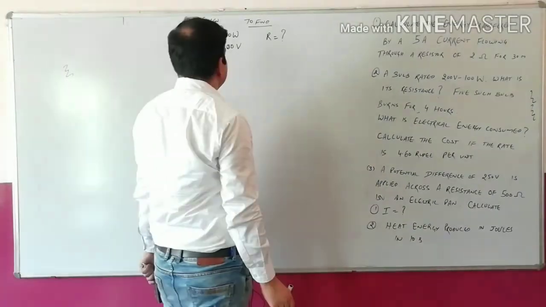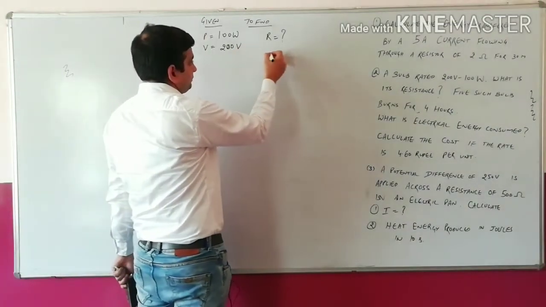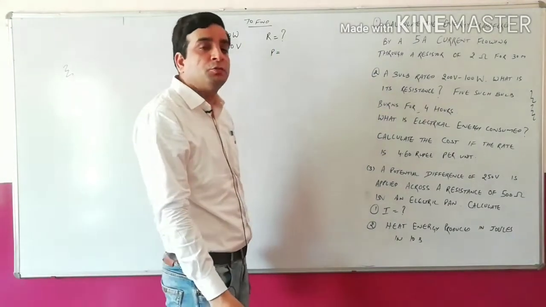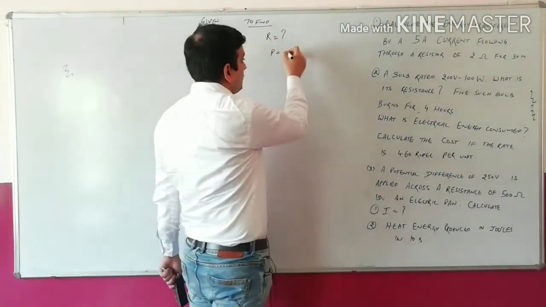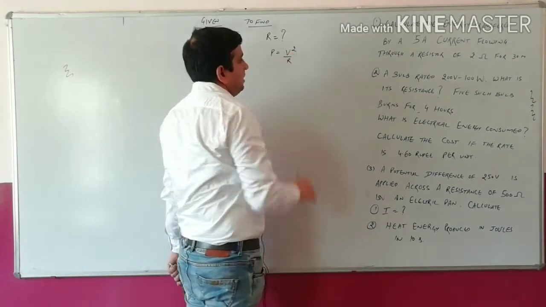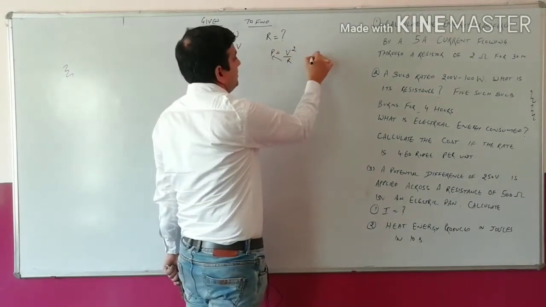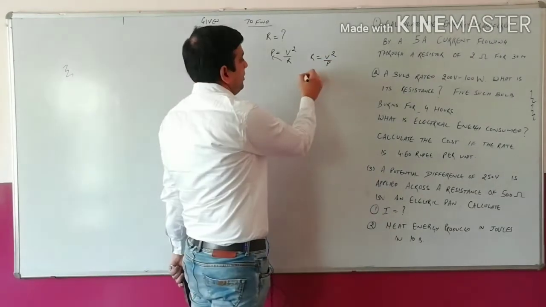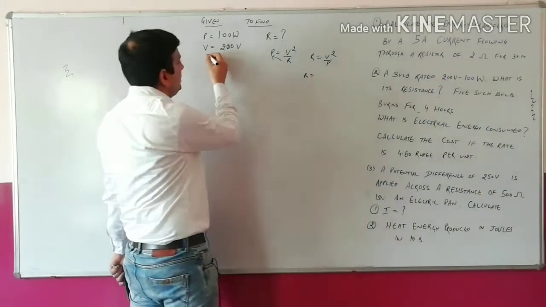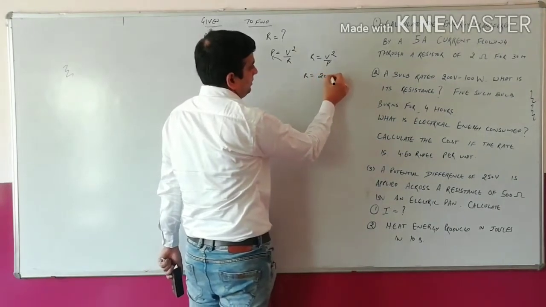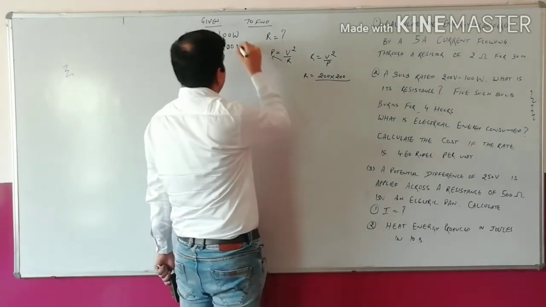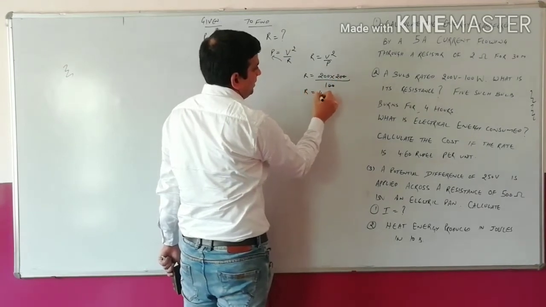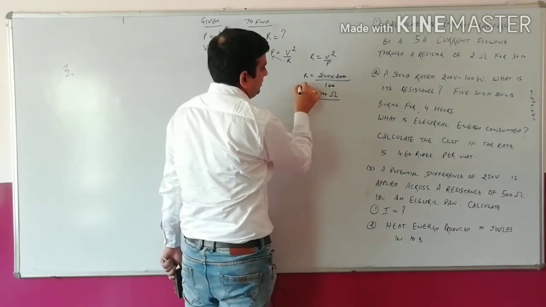So first we have to calculate the individual resistance. कि एक बल्ब की रेजिस्टेंस कितनी है. So what is the formula of power? कि हम कौन सा फॉर्मूला यूज़ करेंगे पावर का जिसमें रेजिस्टेंस होती है, and that formula is V square by R. Rearrange it. R is equal to V square by P. So R, what is the value of V? 200 into 200 divided by power. Power is 100. So R is equal to 400 ohm.